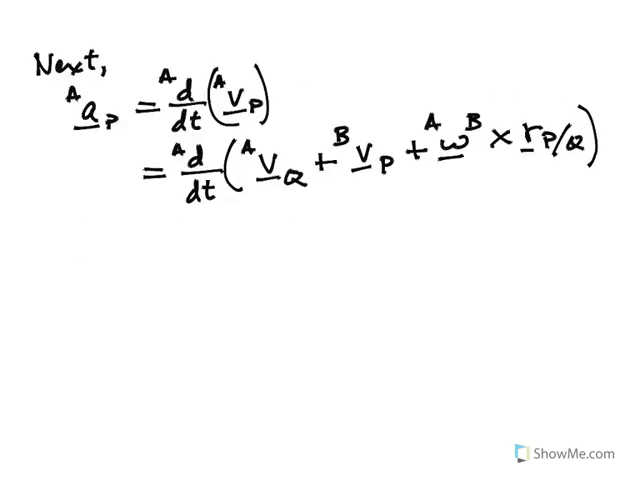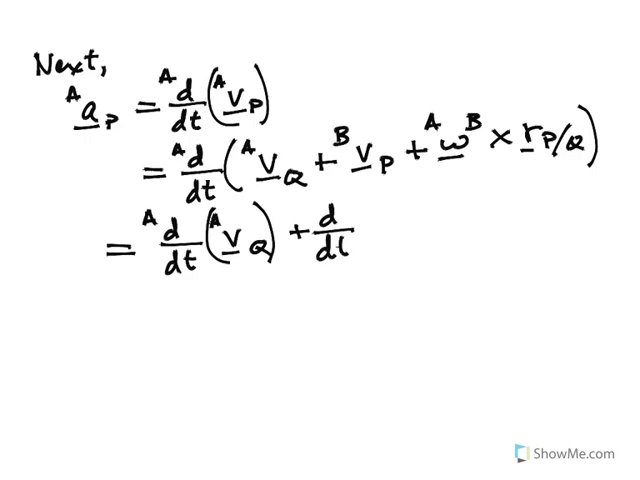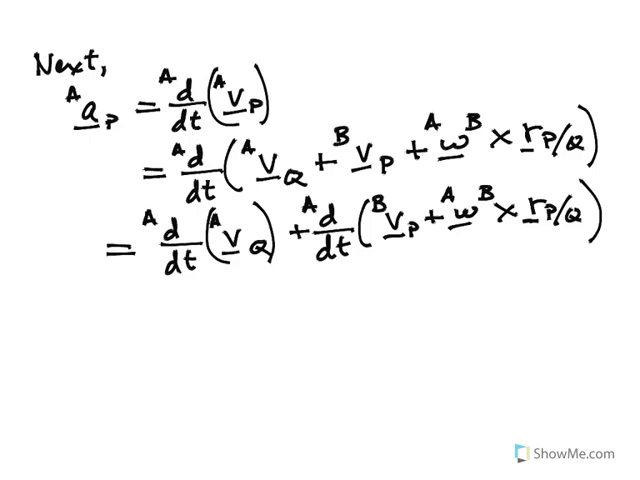So now let's compute this rate of change. This rate of change is equal to d/dt in A of the velocity of Q in A, plus d/dt in A of the velocity of P in B, plus the angular velocity of B in A crossed with RP relative to Q. Now, remember that motion of point Q, according to my stipulations, is